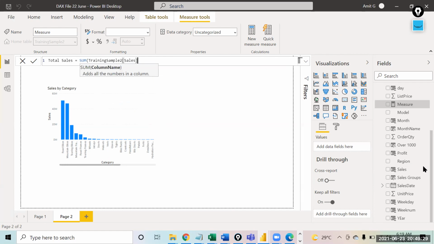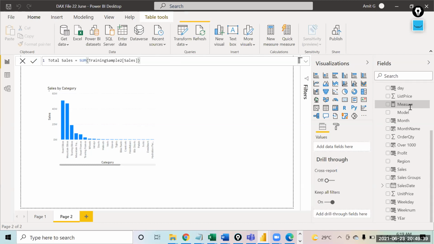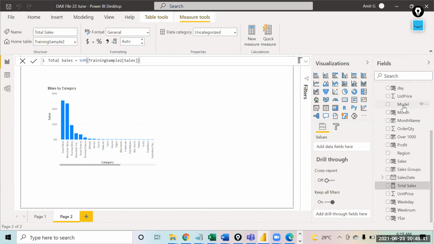Yeah. Okay. So I'm saying Total Sales equals the sum of sales, right? When I click on this, a measure is created. You will see this measure being created over here. Here it is, Total Sales. When you make a measure, first of all, you will see a different symbol over here, like a calculator. Now it's a calculation, right? This is a calculation that we have written over here.